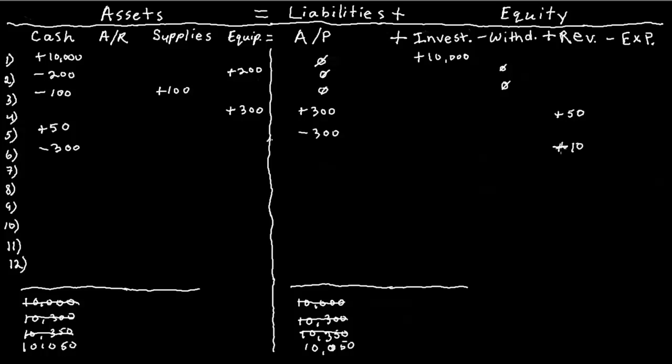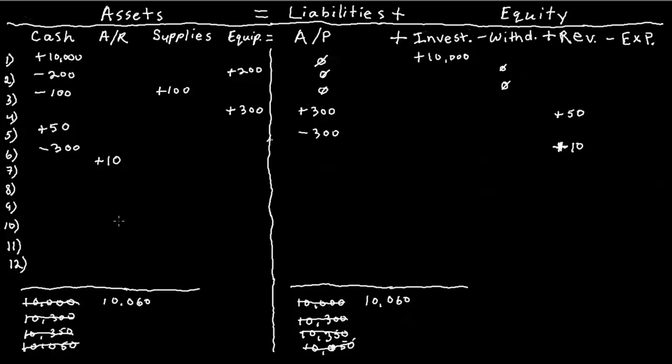And so let's see what is going to happen on the asset side. It's actually going to be an accounts receivable, because an account receivable is money that we're going to receive in the future. So we sold the product on credit, and we're going to receive the money sometime in the future, so that account receivable also goes up by the $10. So now our running total is $10,060, because we added $10 to it. So I'll just write that over here,